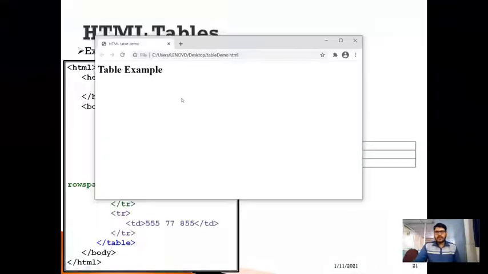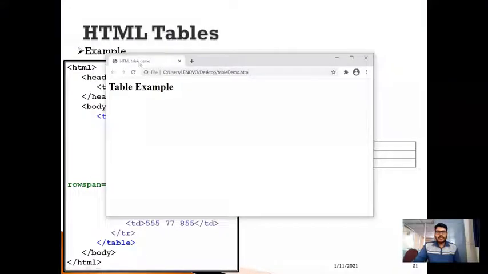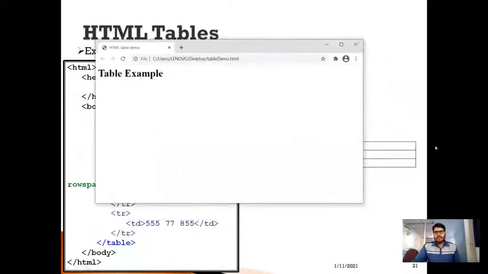Yes, it is showing the title HTML table demo, and within the body section, it is displaying a table example. Now let us try to create a sample table with minimum 3 rows and 2 columns.